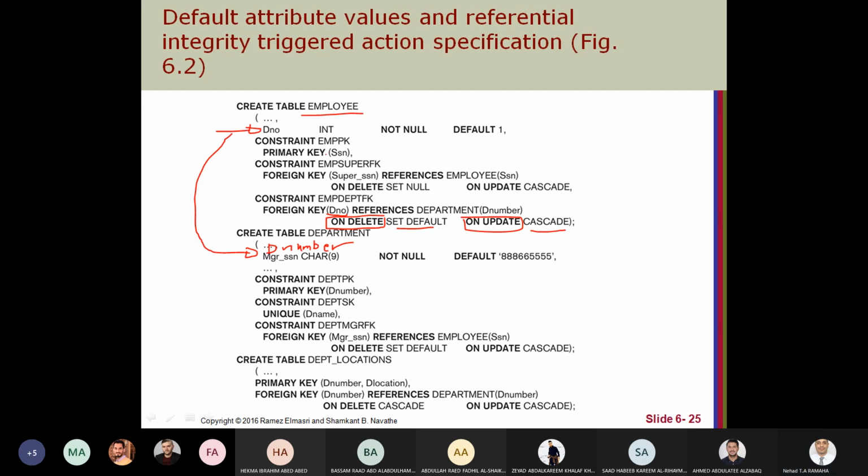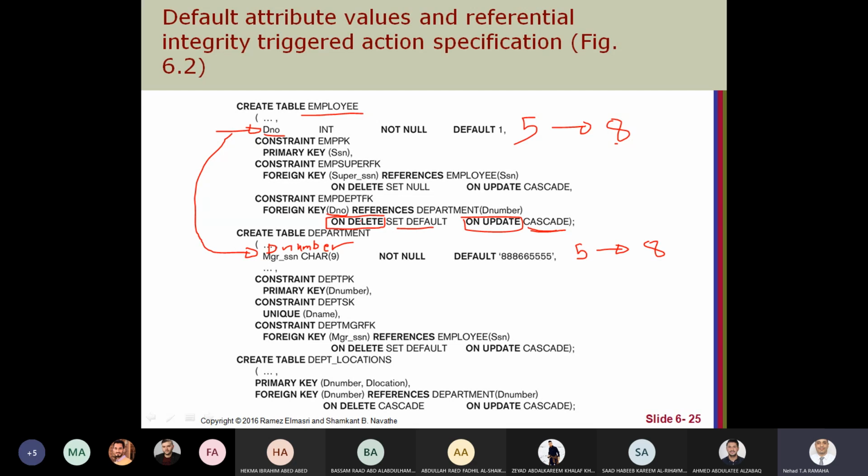This means if we have department number 5 and we update it to 8, then we go to each D number that has value 5 and update it to 8. So if we update the primary key, this causes updating all the foreign keys with the same value to the new value.